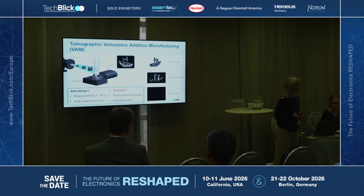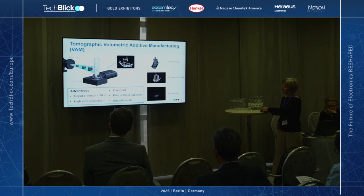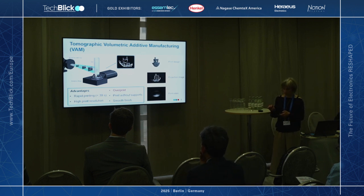So we've come up with an approach that's very different, and it's based on tomographic volumetric additive manufacturing, also known as VAM. And before I get into the 3D electronics, you'll have to bear with me as I explain what this method is. This is a method that came out in 2019, and what it is, you use a projector, and you project light patterns onto a rotating vial of photoresin. And as that vial is rotating and you're projecting light, enough light doses accumulated in